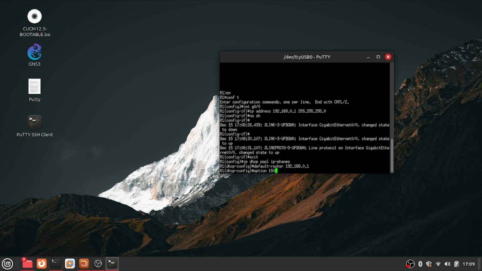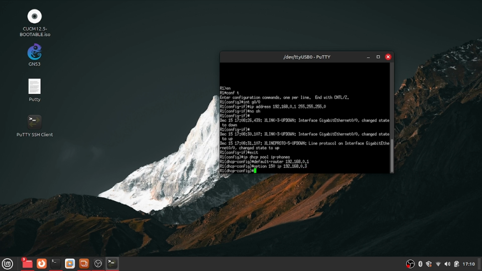server in the network, which in our case is our Cisco UCM server. So you have to remember to use that option, because otherwise the phones won't be able to communicate with the Cisco UCM server and obtain the configuration files. So it is essential to use this option as well when you are configuring the DHCP pool. Okay, option 150, so the IP address will be our Cisco UCM server address, so